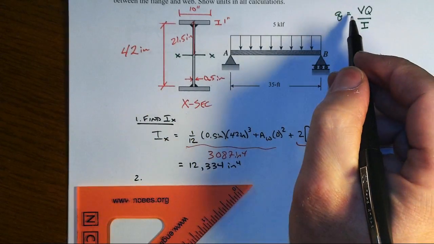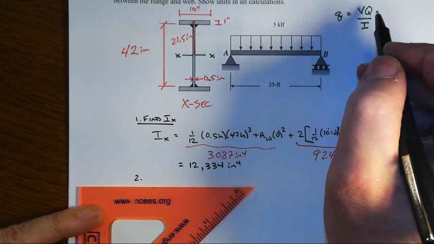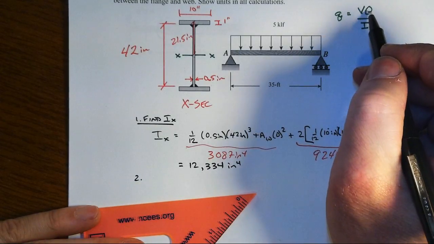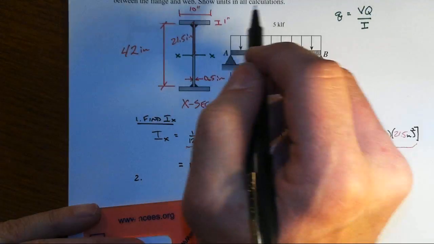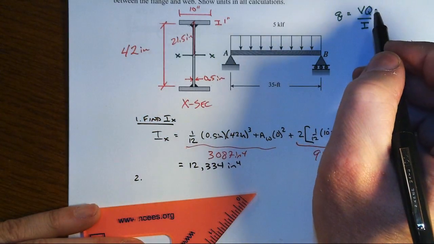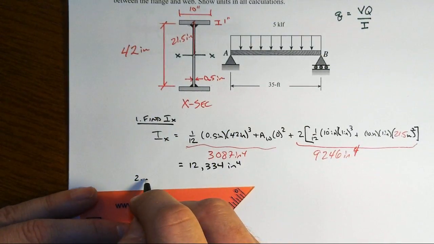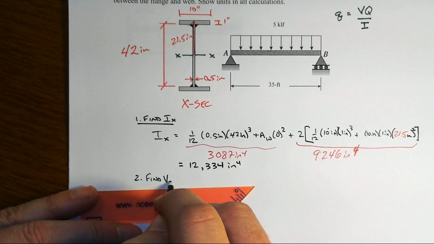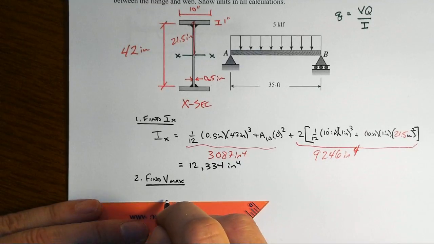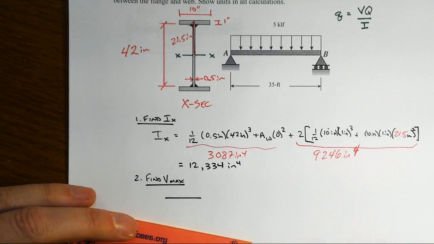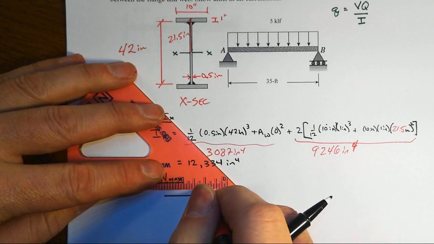Right, we're asked again to find the maximum q, which could be a combination of V max Q over I. Now I for the cross section doesn't vary. Capital Q for these welds doesn't vary either. So we got to find our maximum shear. If you're not sure where it happens, then okay, we'll be stuck with having to do a shear diagram,